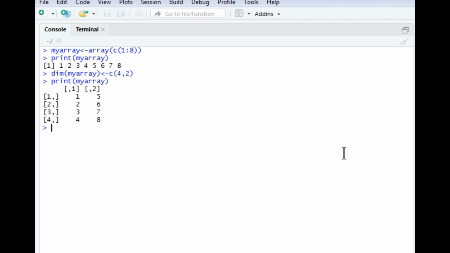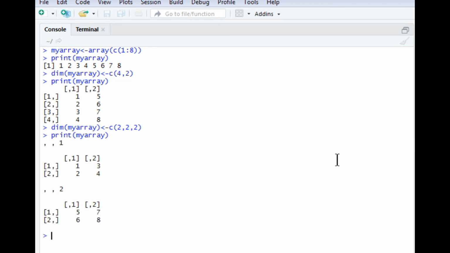We use the dim function: dim(my_array) <- c(2,2,2). The first two are the rows and the columns, the third is the number of matrices, and you press enter. What you will see is that two matrices will come up, each 2 by 2.